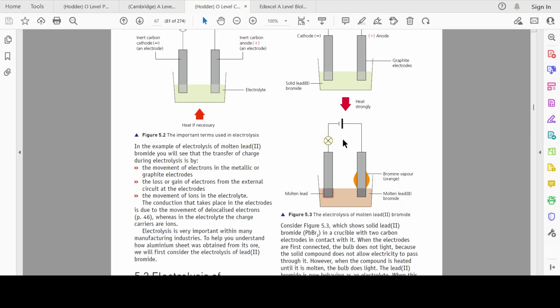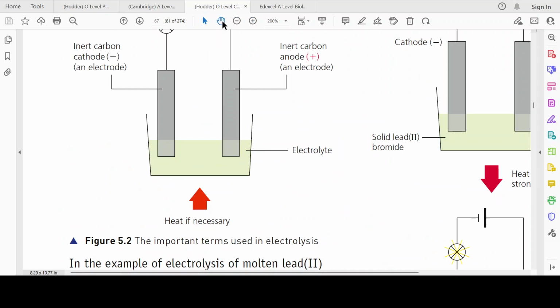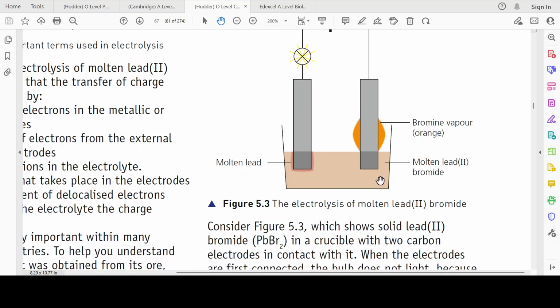So right now it's not very clear. If I just zoom in, you can see that these yellow lines on the illustration for the bulb mean the bulb is lighting up. The bulb is lighting up. Why? Because electricity is flowing. It's passing through the entire setup. So now the bulb is lighting up. So that's an indication that electrolysis is working. And then what you would notice in the case of lead bromide,